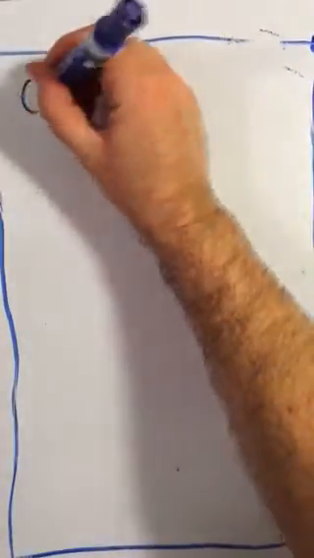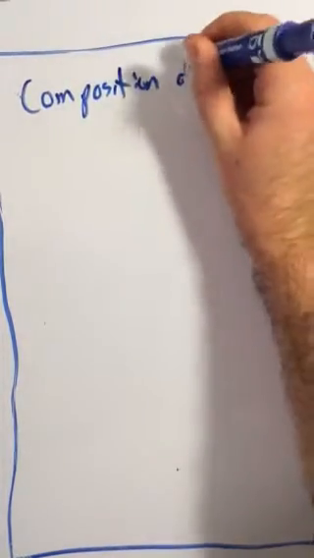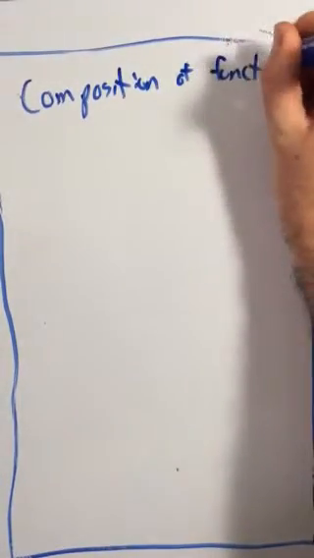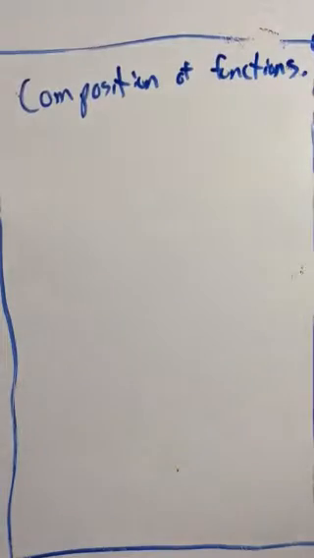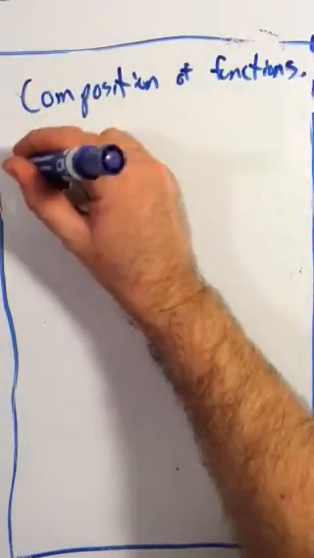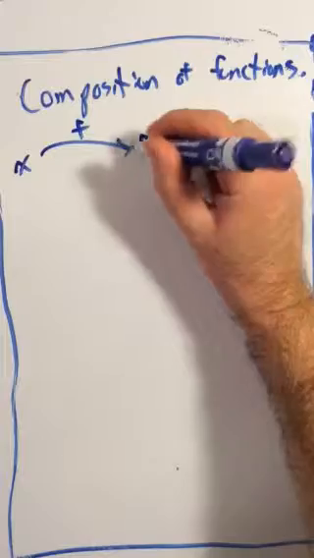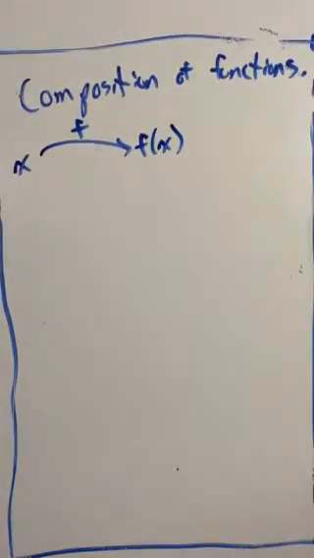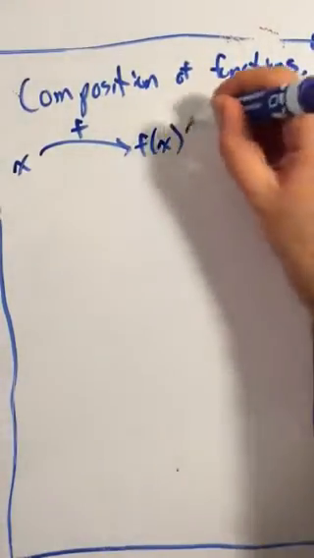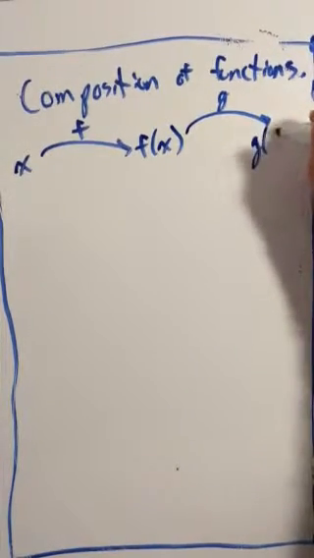I wanted to do a section on composition of functions. So what composition means is we're following one function with another one. For example, we start out with an x, we apply some function f to it, that's going to give us a value called f of x. If I start here and apply a different function g to it,